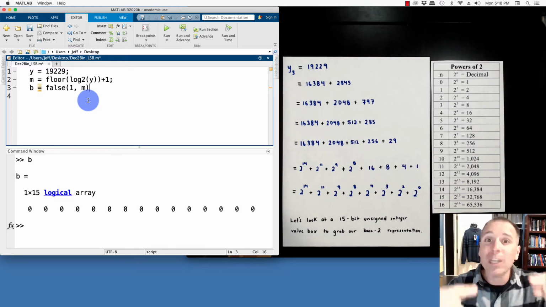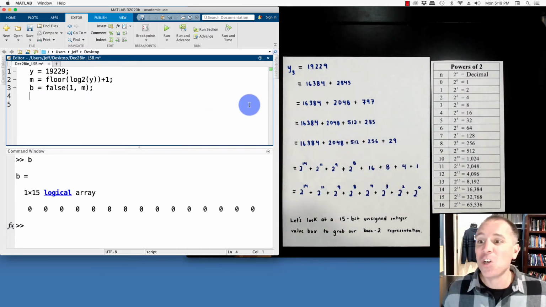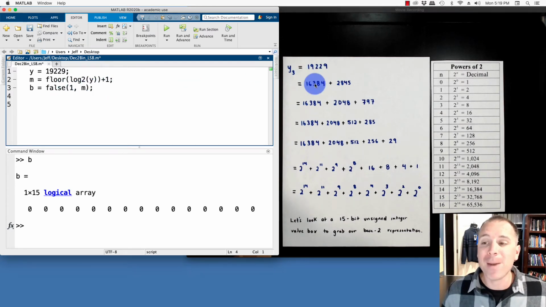As soon as we get that working, we move on to the next one and we build large structures from a sequence of smaller structures. Now let's go over to this representation. Notice what we're going to do is work down from m-1 all the way down to 0, running through all the powers of 2, starting at m-1 and going down to 0.